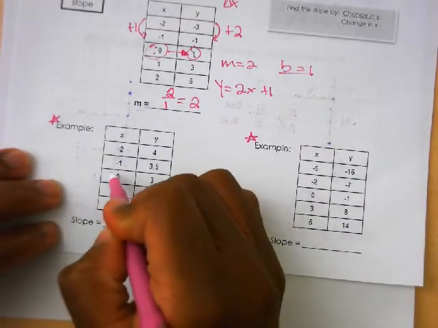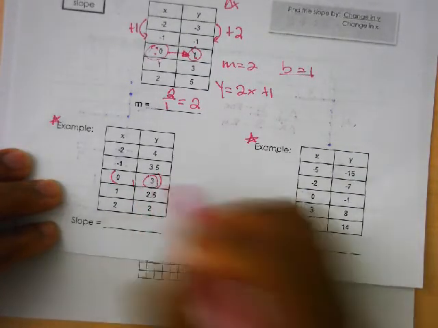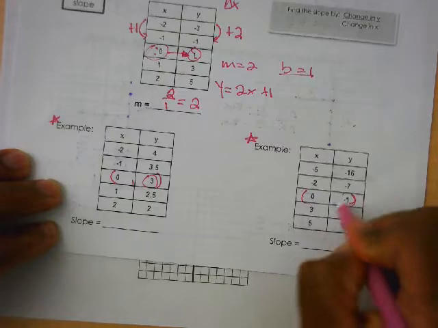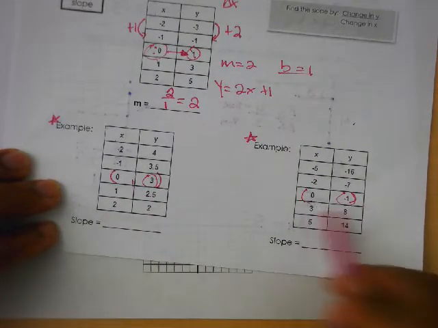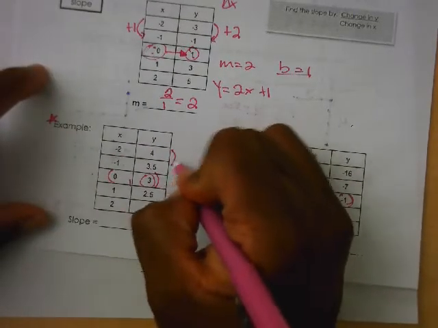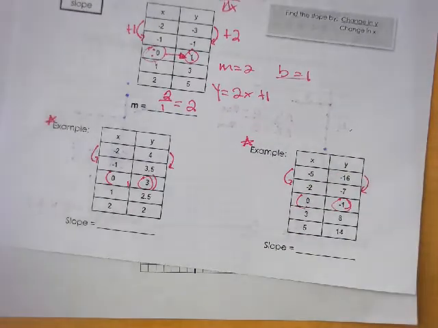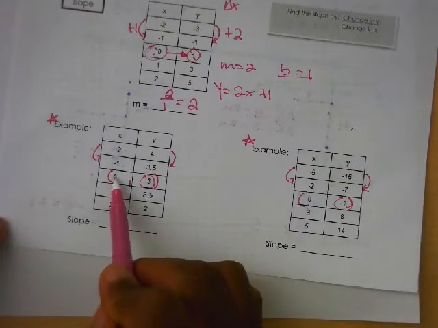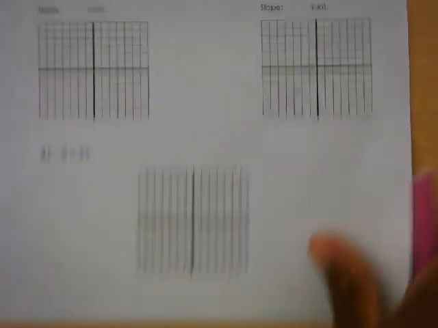And again, they gave us what happens when x is 0. So this is our y-intercept, and then the same thing here. This is the y-intercept, because when x is 0, y is 3 in this table, and then in this one, when x is 0, y is -1. So that's my y-intercept. That's my plus b, right? Or in this case, minus b. That's my intercept, and then we just find the slope by finding the change. Okay? You find the change, and then they give us 0, 3, so that tells me right away that that's my intercept. But if you flip over to the second page,